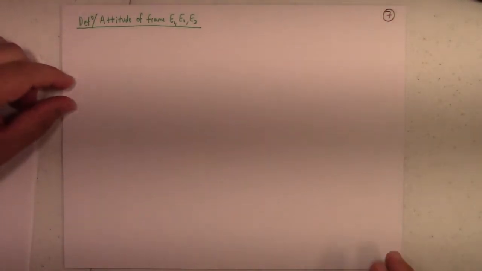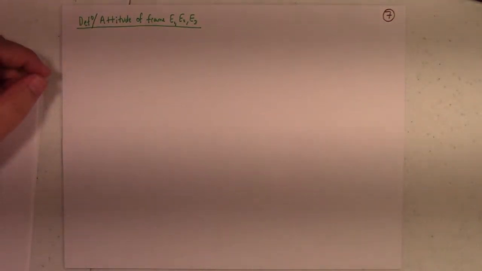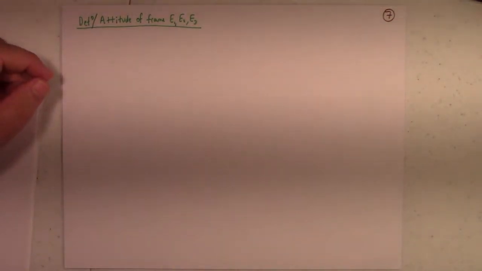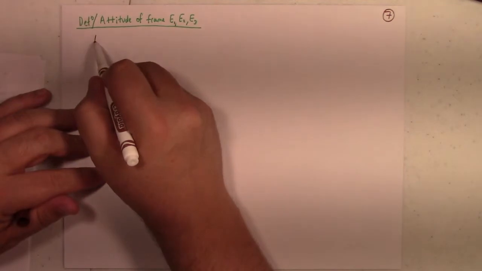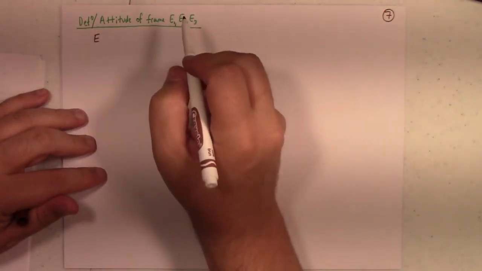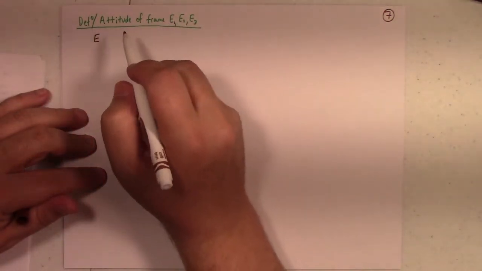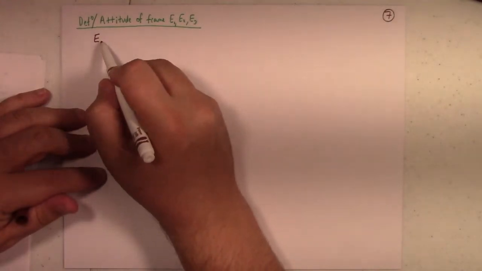Alright, so continuing with Lecture 5, Part 2, we'll talk about the attitude of a frame. The attitude basically just has to do with expressing the frame in terms of the Cartesian frame. So for example,